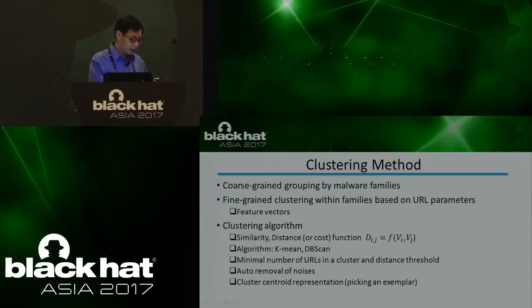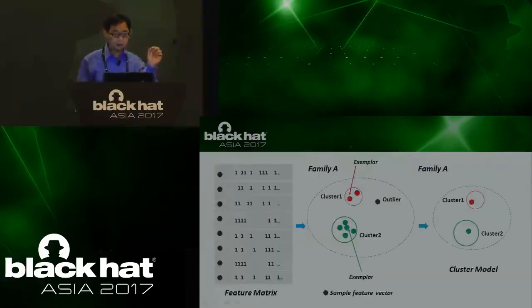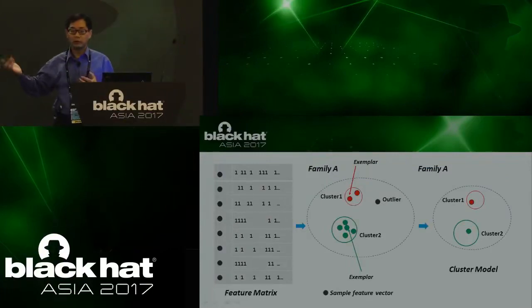Then we also have a minimum number, which helps us say that if a feature happens just once, it might not be a commonality. If it happens more than maybe twice or three times, then that's the pattern we want to use. So we can set a minimum number. That's the benefit of DBSCAN. Then after we cluster all the features, we pick a centroid, which will be the exemplar for that cluster. It is used to calculate whether an incoming URL is similar or not.